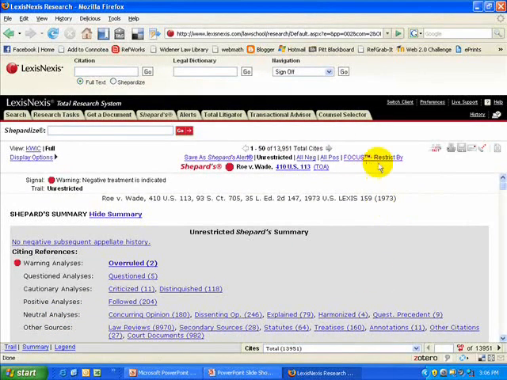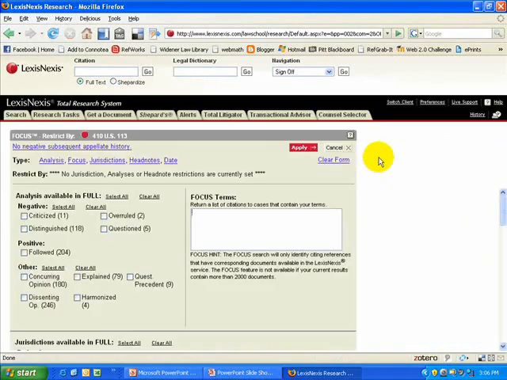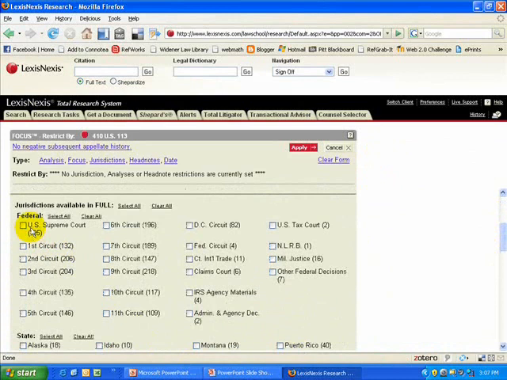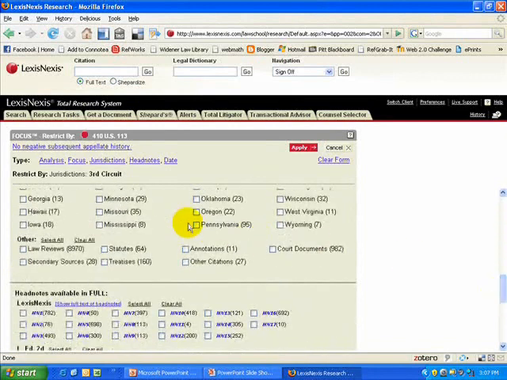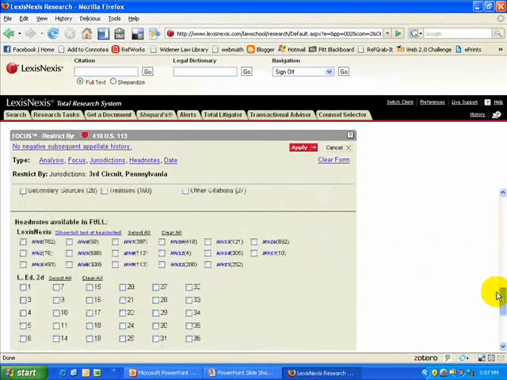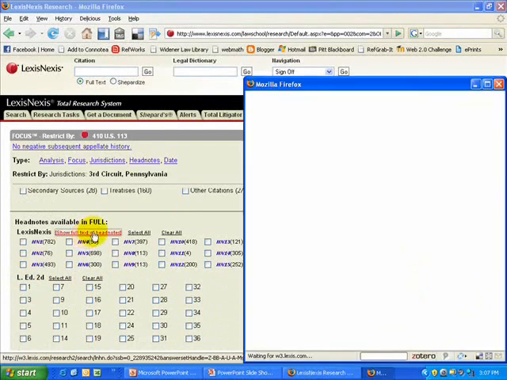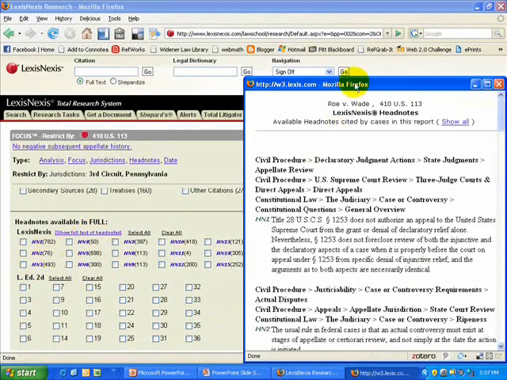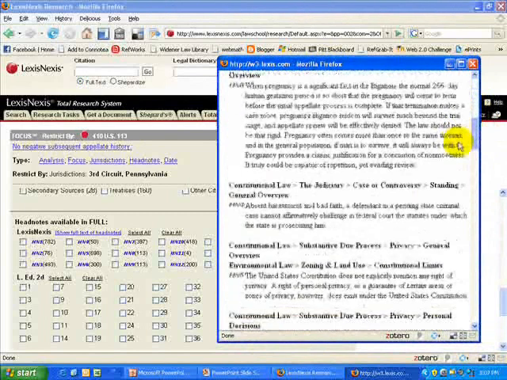I probably want to focus my results list a little bit, so I'm going to click on the focus link. I can focus by treatment of the case, positive or negative, whether it was overruled, criticized, and the like. I can focus by court jurisdiction. So in this case, I'm going to focus on how the Third Circuit Court of Appeals and my Pennsylvania state cases have analyzed it, as well as maybe I'm only interested in a very narrow issue of law that Roe dealt with. So I'm going to click on my headnote link here, scan the headnotes, and maybe in this instance